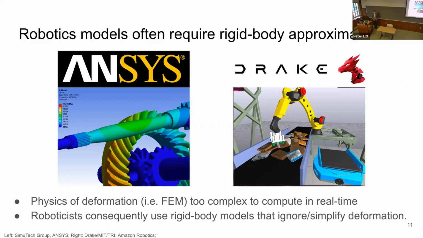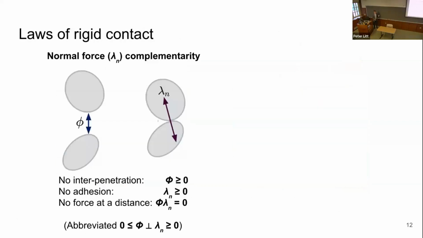So the most ubiquitous way in which we simplify the physics is we make a rigid body assumption. We take objects that are nearly rigid and very hard to deform, and we assume that they do not deform at all. A primary focus in rigid body modeling, particularly for simulation, is understanding the physical interactions through touch that these rigid bodies have. And in general, simulators approximate two physical laws.